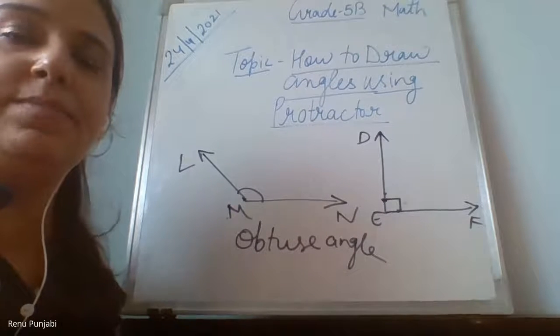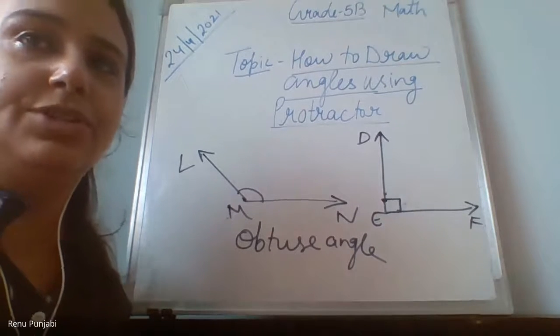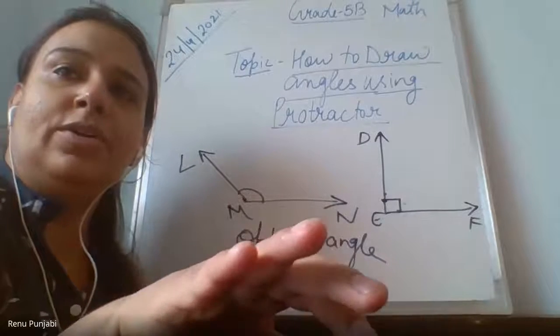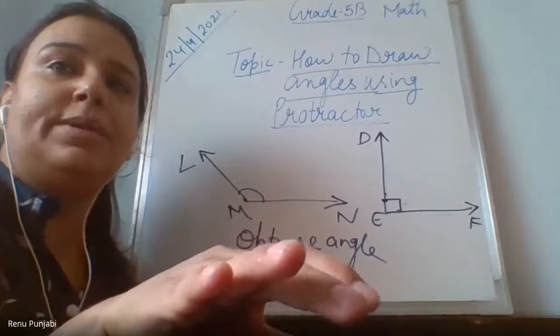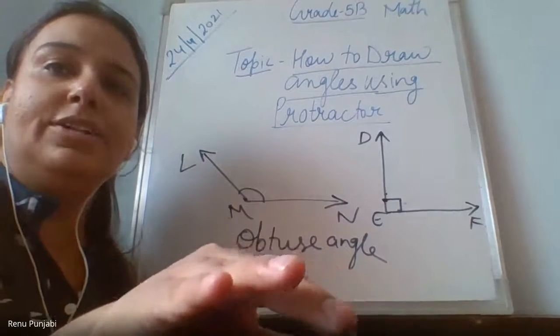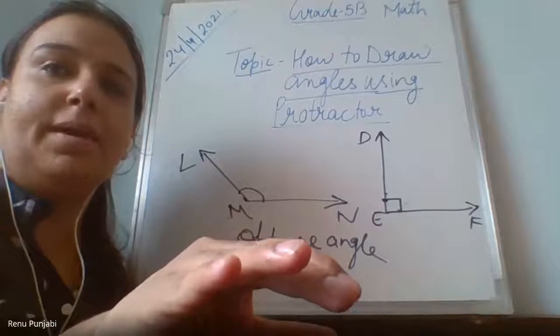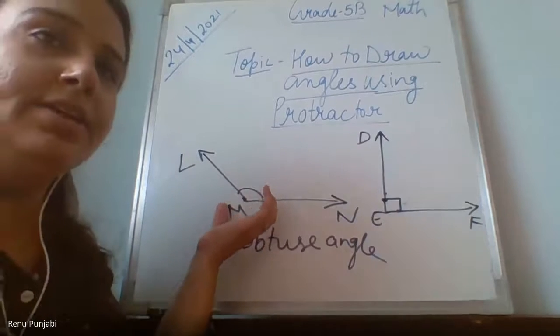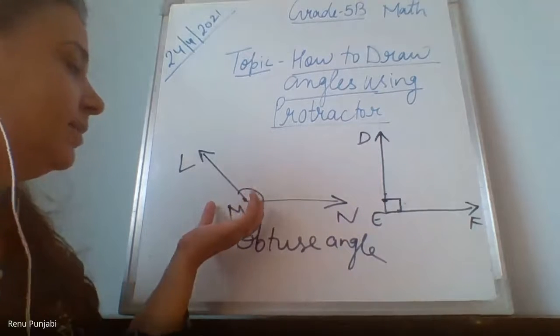Twisha, I don't know what is the problem in your laptop or something. Whenever you are typing something, it is coming in some other language. Ma'am, I have written obtuse and the spelling is correct. No, it is not coming in the proper spelling. Ma'am, it's Arabic. Yeah, it's coming in Arabic language. So please check your laptop language. Yes, ma'am. So there I will read yours. You have posted, so I will read it.